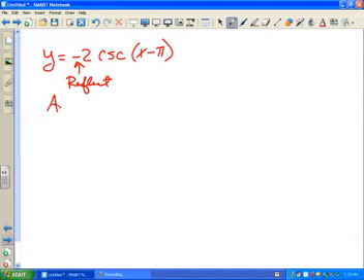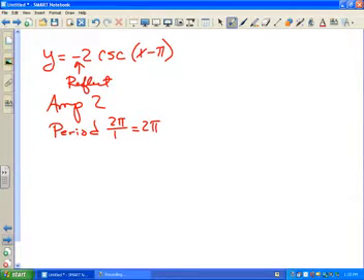What's my amplitude? It's 2. That number in front of the word is your amplitude. Now, in this particular case, our period, what number is in front of x? 1. So a period might look like it's going to be the same as it was before because I've divided by 1 and got 2 pi, but this problem has a shift, so our table at the end won't look the same. Our scale factor again is pi divided by 2, but our phase shift is x minus pi equals 0,